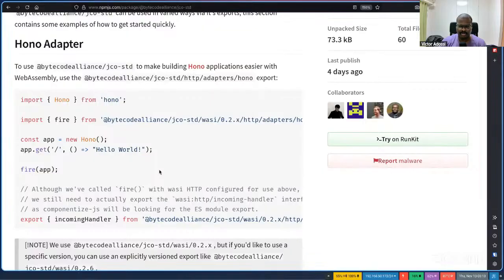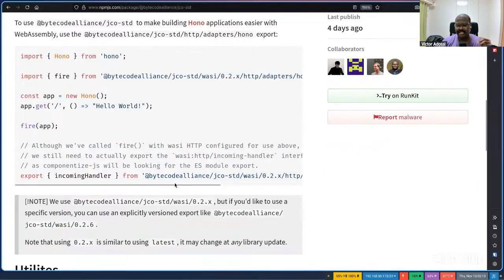Hono is one of them, but we want to have a thing that looks like Express, which I think is honestly what the majority of the Node.js servers out there are. All the legacy code is probably still Express. There's a ton of Fastify out there as well. Ideally, these shims are not necessary in the long span of time, because we'll have Node.js bindings that just work, so you can just take Node code off the shelf.